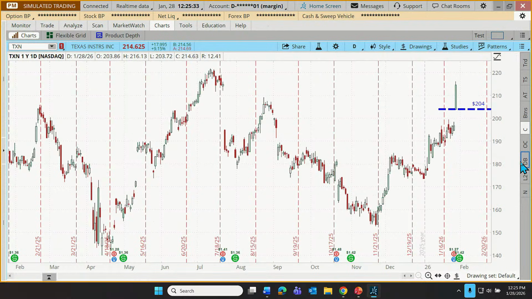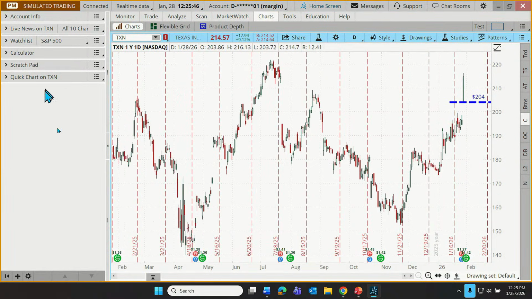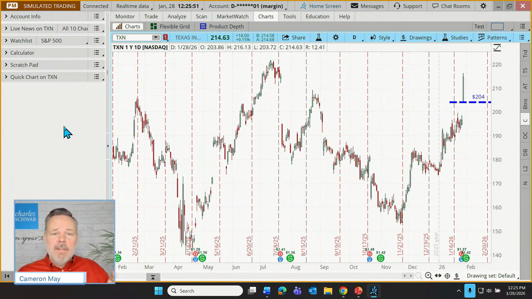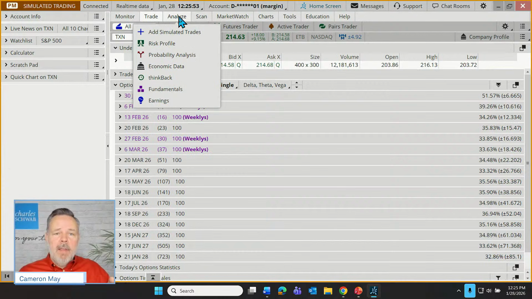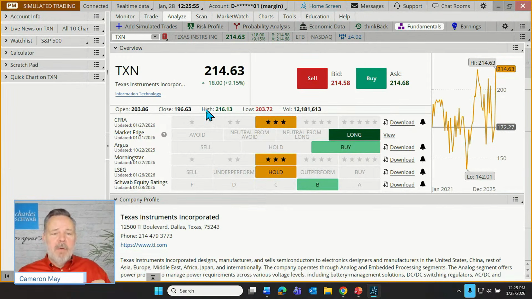So that's technique number 6, our 6th way to place trades quickly. The next 3 are going to be in the gadgets bar. Let's move over here to gadgets. The gadgets is this field off to the left that we can leave there and keep static for quick access as we move around to other areas of the platform.